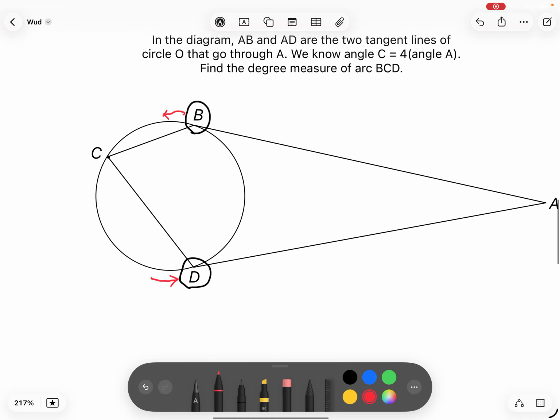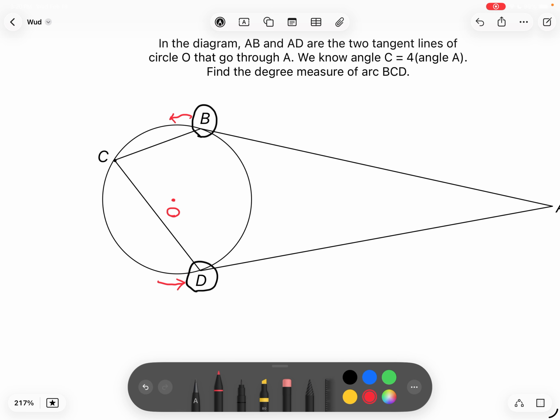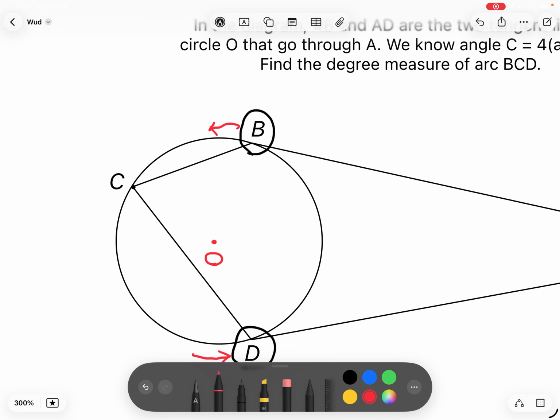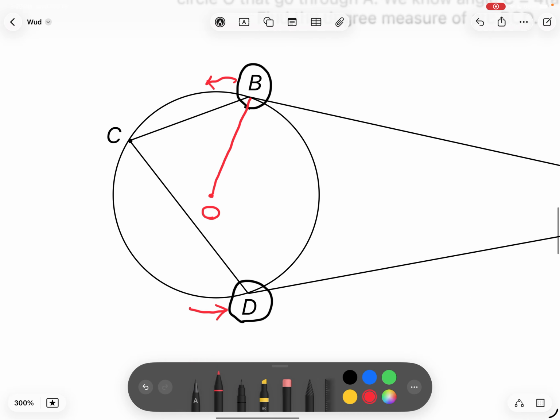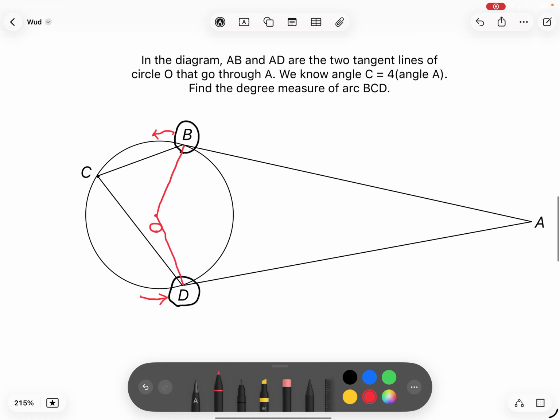Okay, so let's first label the center of this circle as O, as they said here. A really good technique for solving these sorts of circle problems is to connect lines across the circle. It would be really helpful to connect B to O and D to O, because that helps us discern some additional relationships, get some triangles or quadrilaterals. So let's go ahead and connect OB, then line OD. As you can see, we have some new shapes. It looks like we have a four-sided figure, a quadrilateral here,